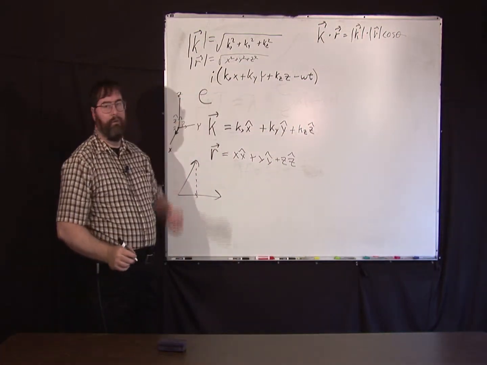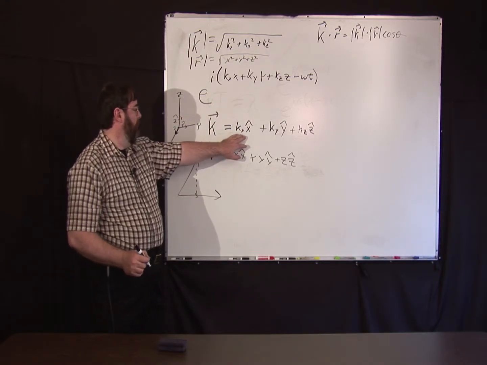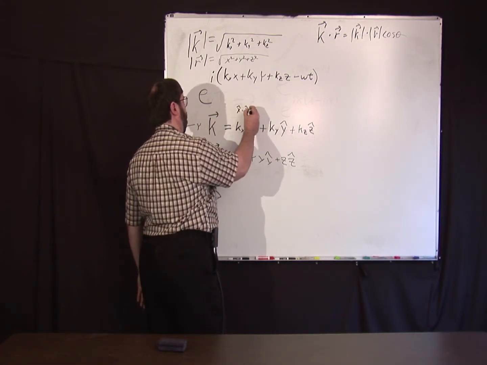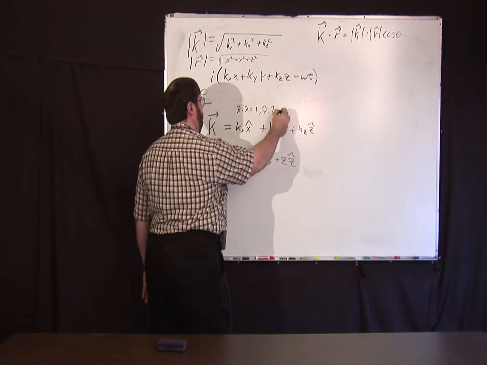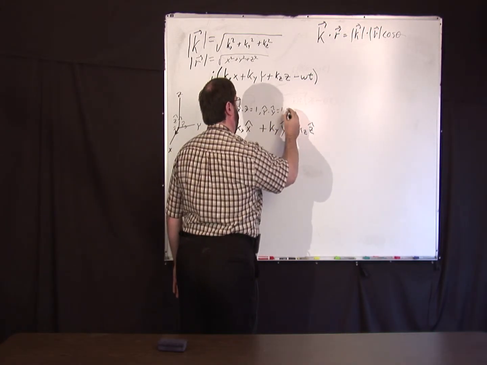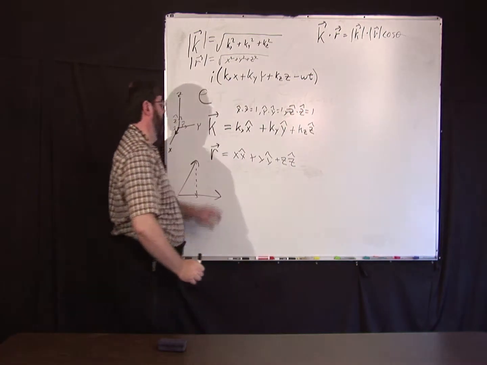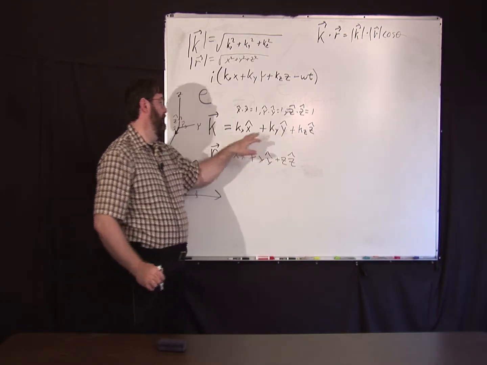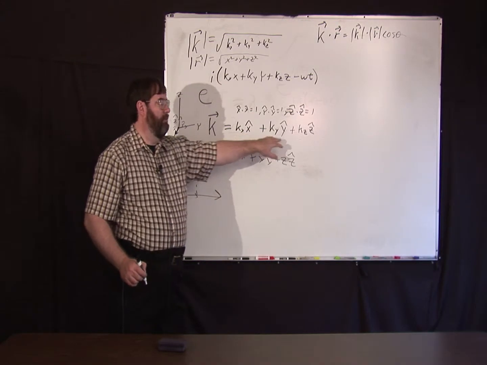Now, that's just the projection of one onto the other. But you can also define it like this. We can define x hat dot x hat equals 1, y hat dot y hat equals 1, the projection of a vector onto itself, and of course z hat dot z hat equals 1. And this dotted with that is 0, this dotted with that is 0, this dotted with that is 0. So all the combinations of anything with anything else is 0,